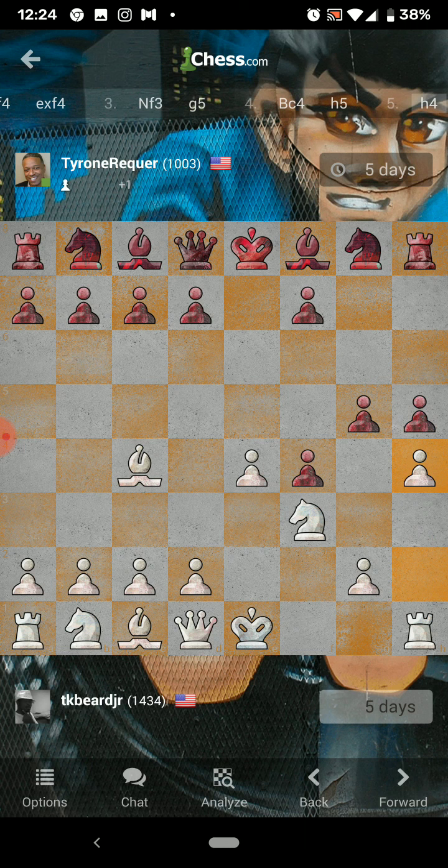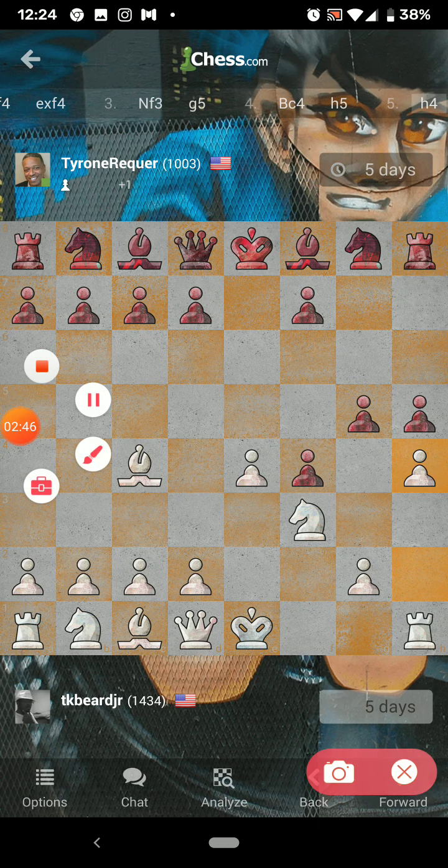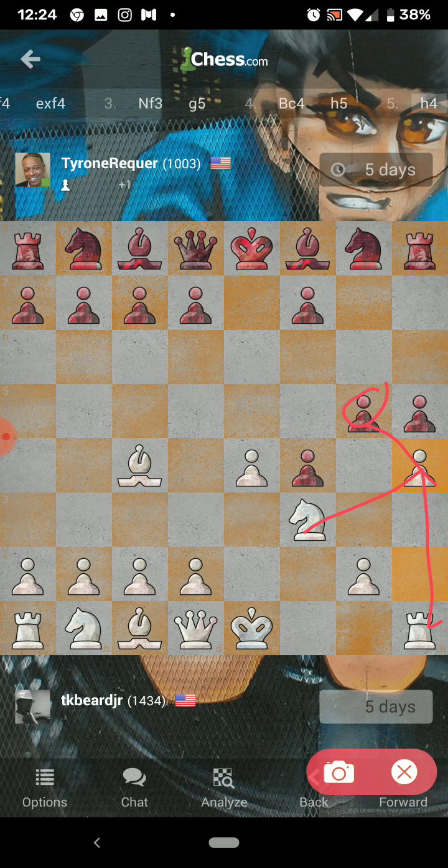H4. Now the reason I played H4 is because, let's get my pen out here. If he chooses to use his pawn and attack this, I can come in with either my rook or my knight. Preferably I would come in with my rook, because I want to get my rook into the game, and that's one of the fastest ways to do it, especially on this king side, because if my rook gets here, he takes,